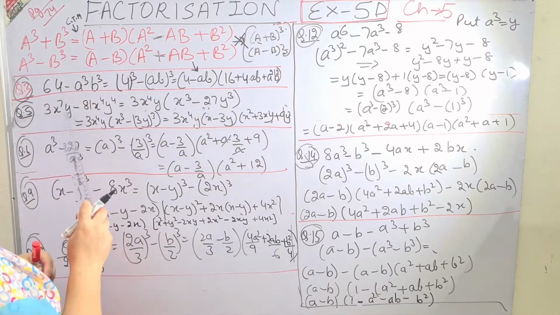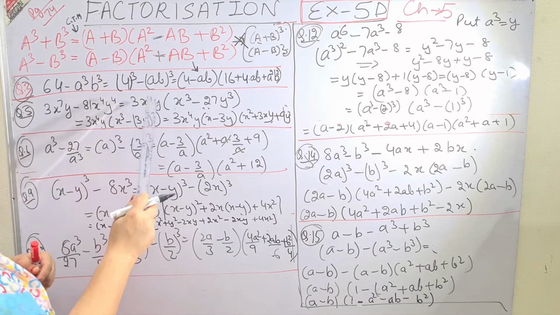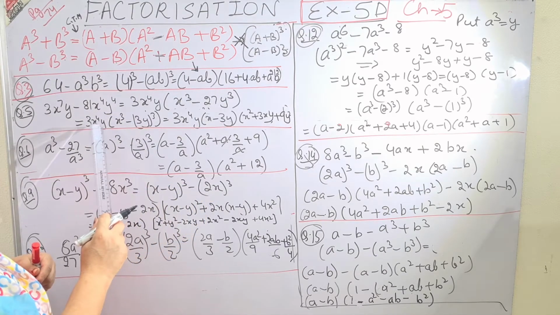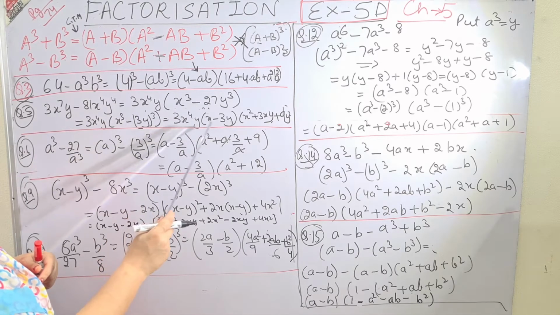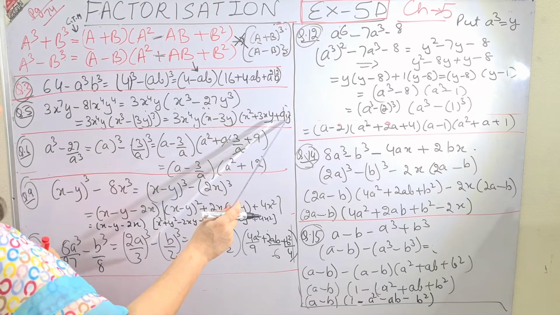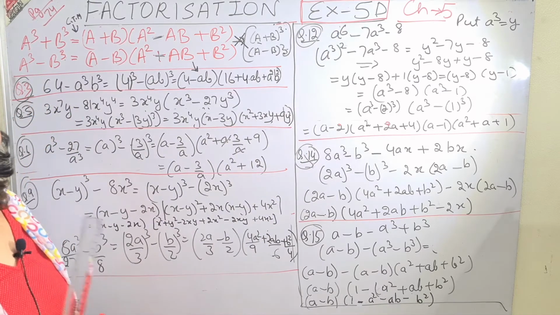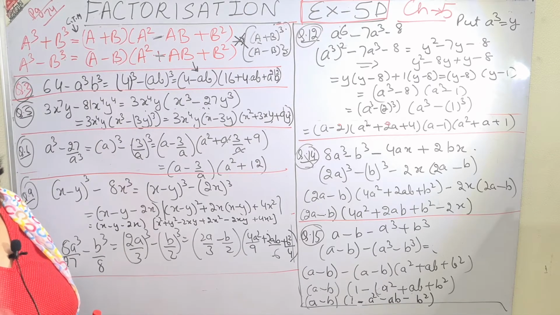Similarly, the next one: first I will get it in the form. Whatever common factor I take, I have taken 3x raised to power 4 into y common, and again I am left with x cube minus 27y cube, and the common factor which I have taken will go throughout the question. X cube minus 27y cube can be written as x cube minus (3y) whole cube. Again the formula: (x minus 3y)(x square plus 3xy plus 9y square). This you know, A minus B whole cube. And you must now have understood to be very thorough with factorization. First of all, you have to be thorough with the formula. Then the technique. Technique plus formula will lead you to success.